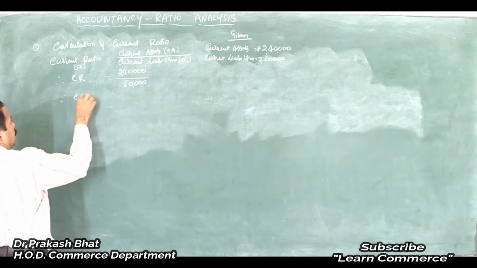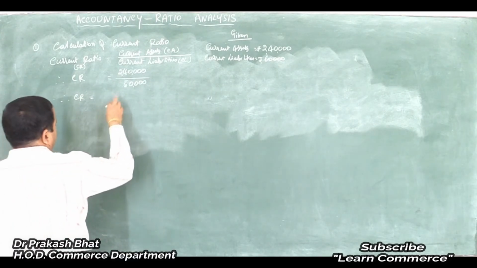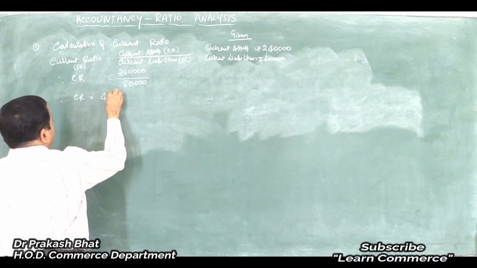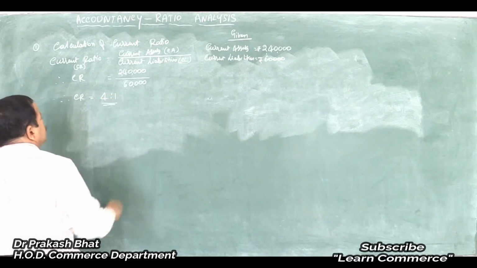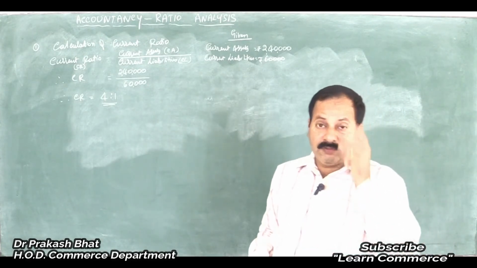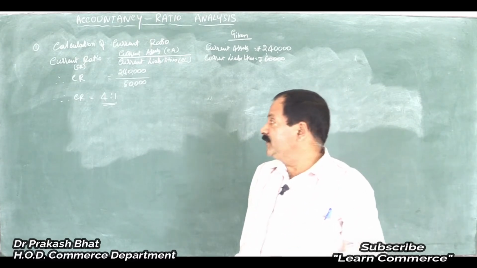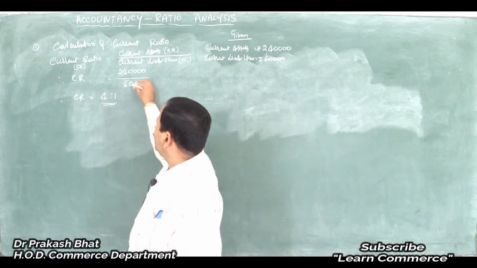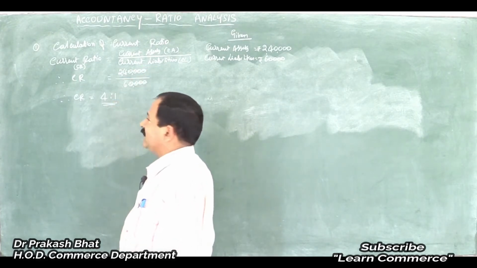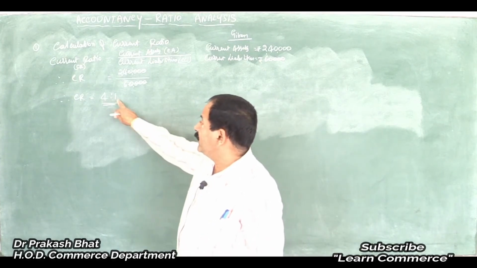Therefore, CR is equal to how much? 6 4s are 24. 4:1. This is how you have to represent. Don't write only 4. If you write 4, you may lose 1 mark again. Remember. 6 4s are 24. Or cancel the zeros. 4 zeros are there. Cancel 4 zeros. 6 4s are 24. Very easy, right? No need of a calculator here. So, 4:1 you have to write.